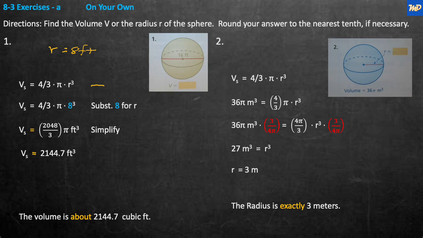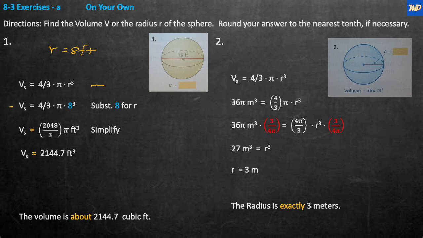So we're looking for V. We don't know the volume. So when we come down here on the second line, we're going to now substitute what we know into the equation. Gets us rolling in the right direction. So here we say the volume of the sphere is equal to 4/3 pi times 8 cubed. You substitute the 8 for the r. And when we do that, and you do the math, 8 cubed, you cube 8, and then you multiply it by 4 and divide by 3, you're going to get